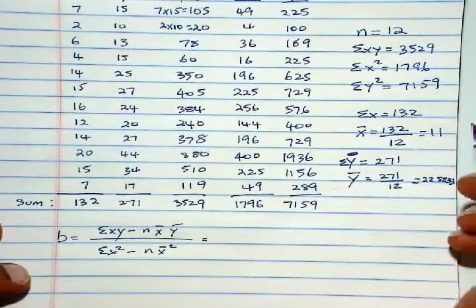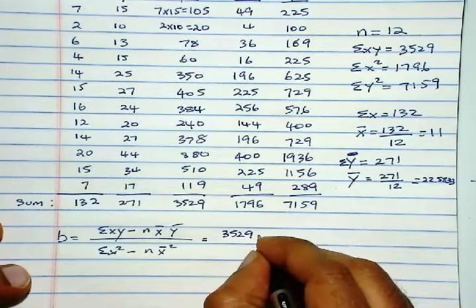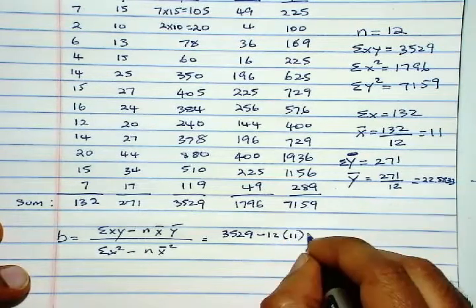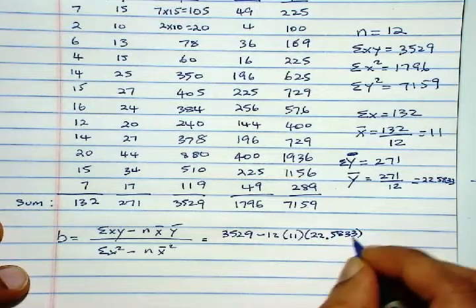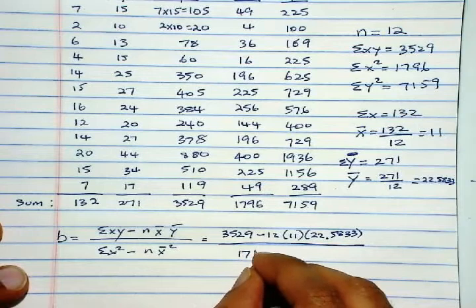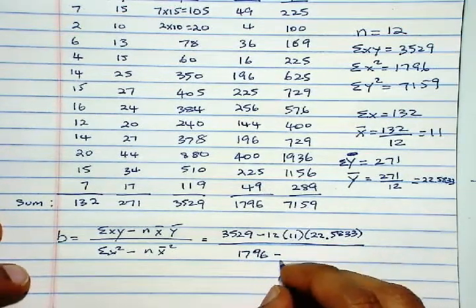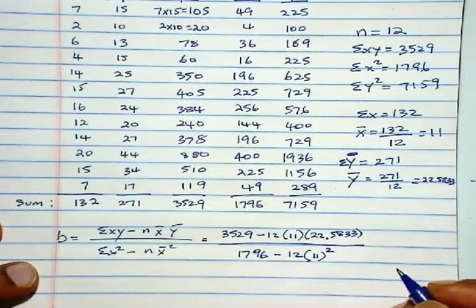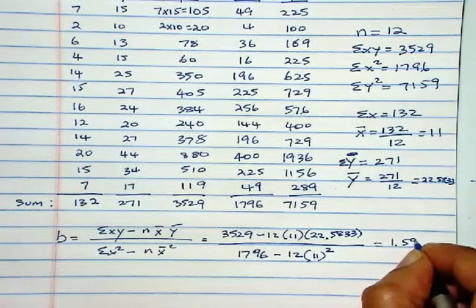So just plug in the values. 35.29 minus 12, x bar is 11, y bar is 22.5833 divided by 1796, that is sum of x squared minus n and x bar squared, and that will give you a b of 1.593,